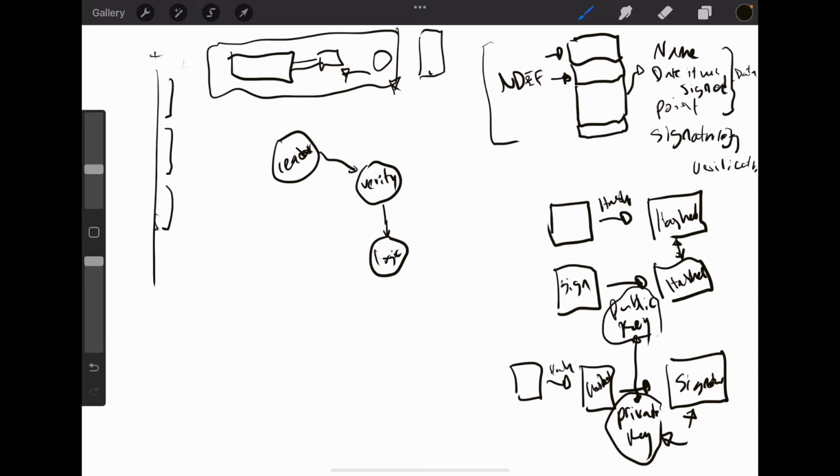So now that you've done verification, now you go to the logic, right? You can think of it as just checking: if today is not equal to